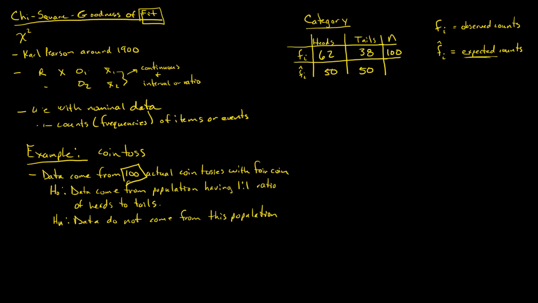So the general formula, the general calculation for this test: chi squared equals the sum from i equals 1 through the k levels, and we'll talk about this in a second, of f sub i minus f hat sub i, squared, divided by